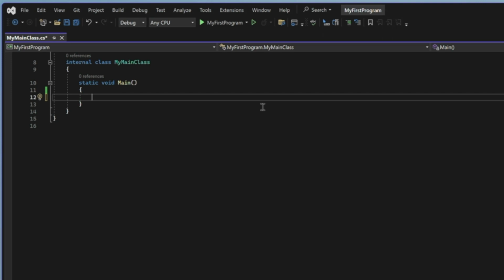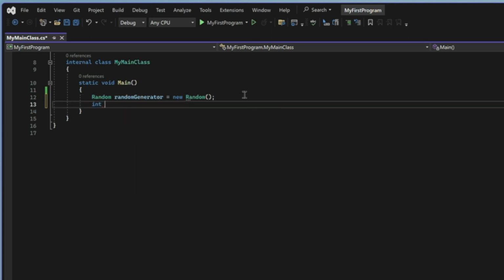Let's pretend we want to create a number guessing game where you have to pick a number between 1 and 100, and we will tell you if you got it correct. First, we're going to create a random number generator to pick a random number for us. The variable is of type Random, and we'll call it randomGenerator. We will set it equal to a new Random. C# has a random number generator built into it. We're going to create an instance of it, store it in a variable called randomGenerator, and then we will say our